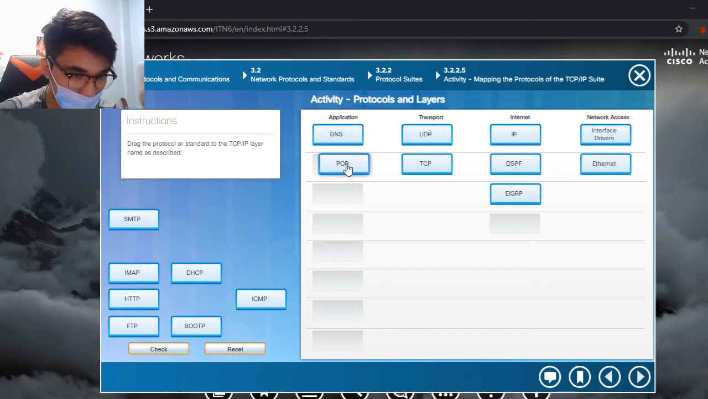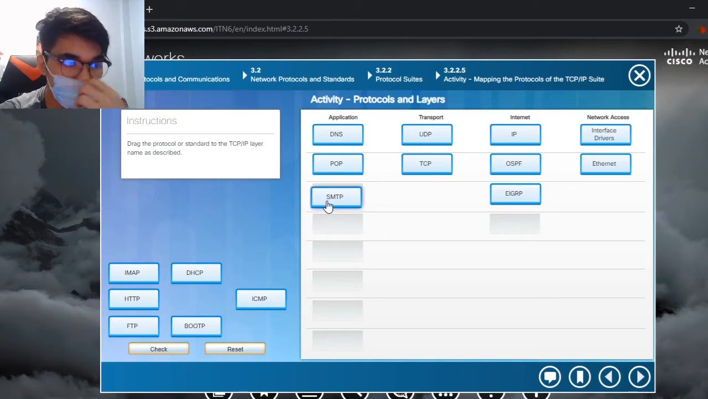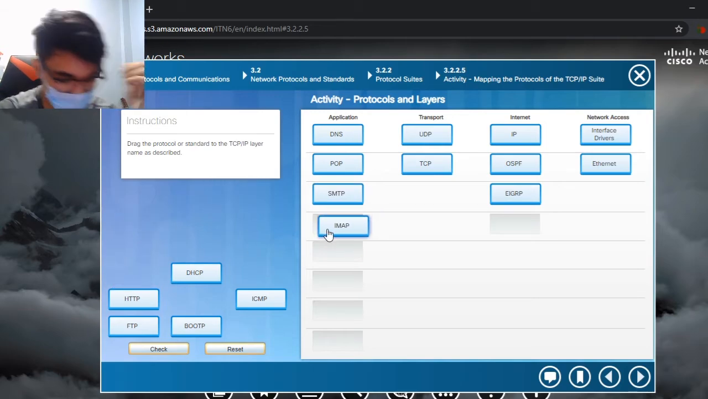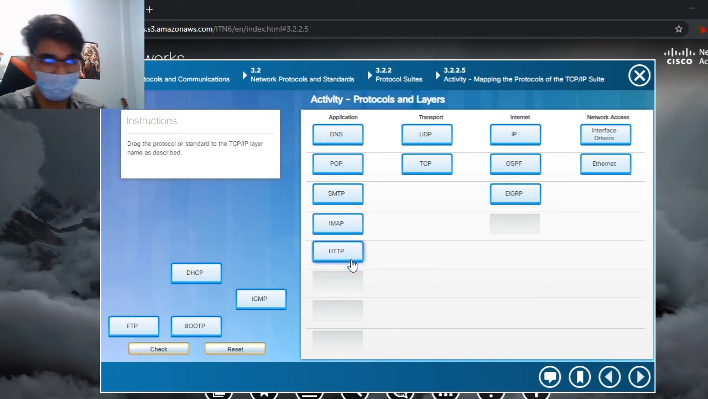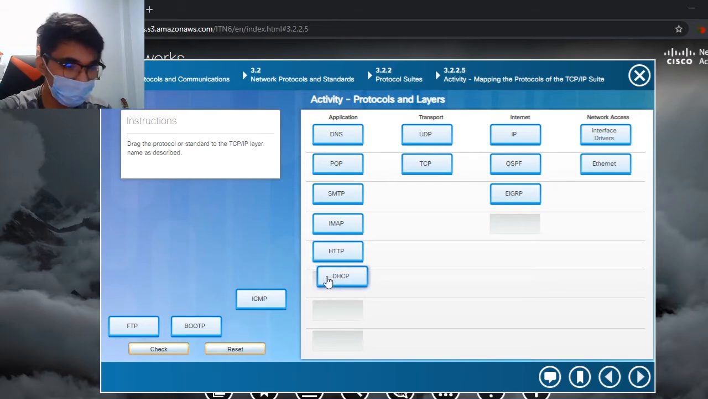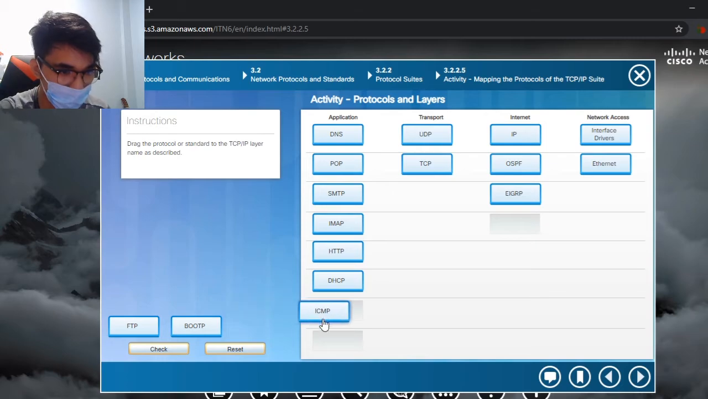POP or the post office protocol, then SMTP or the simple mail transfer protocol, then IMAP or the internet message access protocol, then HTTP, the hypertext transfer protocol, then DHCP or dynamic host configuration protocol, then the ICMP,